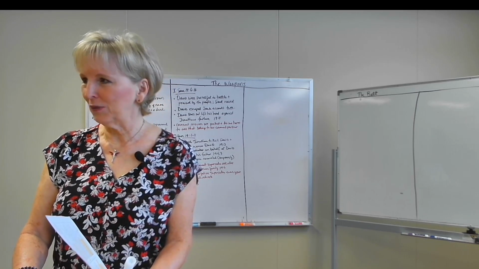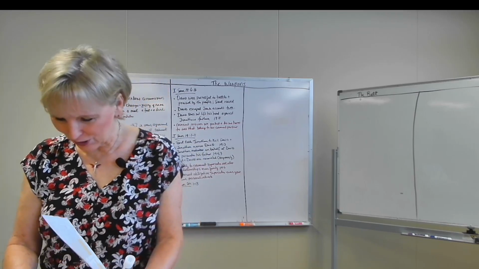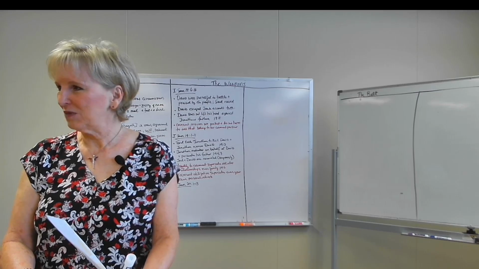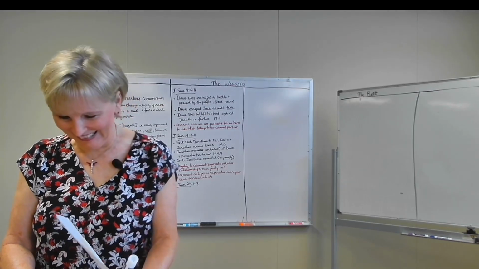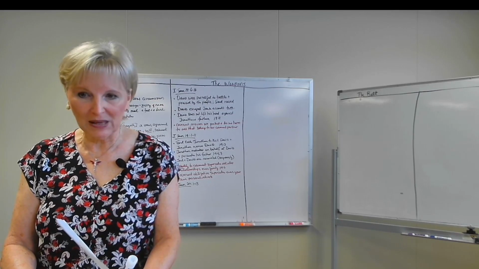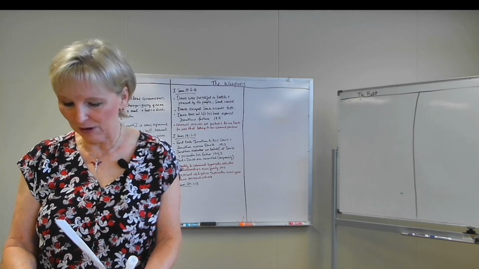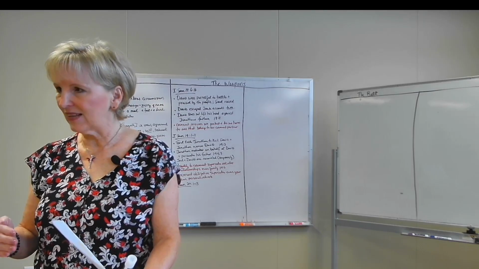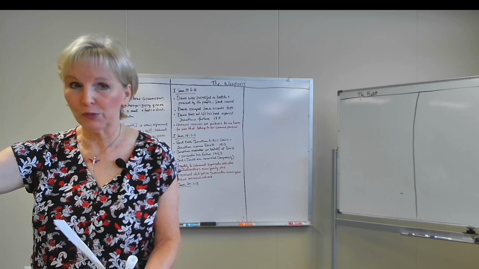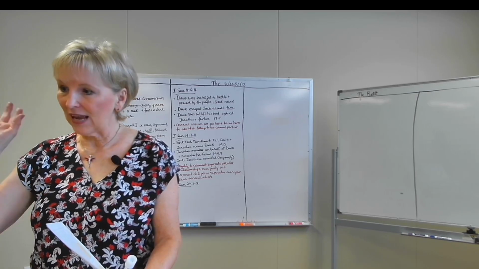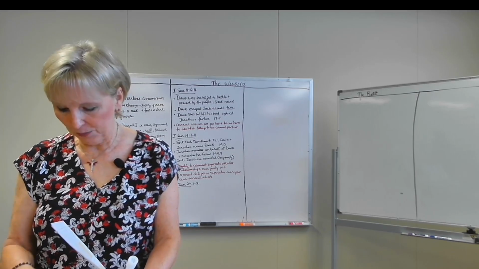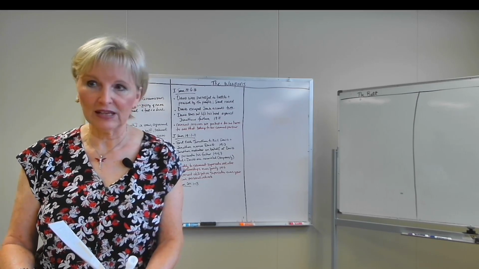But the Lord's Spirit came upon each of them, and they prophesied along with Samuel instead. Kind of makes you think of Balaam, right? The guy that wanted to curse Israel, but God wouldn't let him. Every time he went to open his mouth to curse, out came blessing. Well, that's what happened here. Saul sent three different men, three different assaults against him at Ramah. So it wasn't like David was in his face and he wanted to kill him. David had left and went to Ramah where Samuel was for protection. And Saul sent three different fleets of men to come and kill him, and instead they ended up prophesying. There's God's protection for David right there.